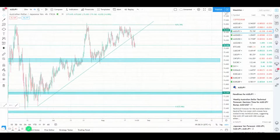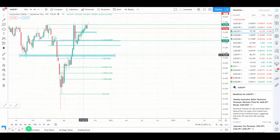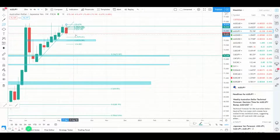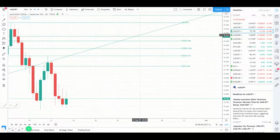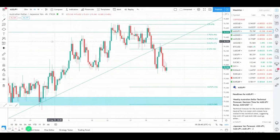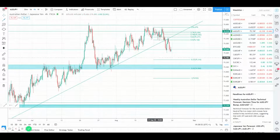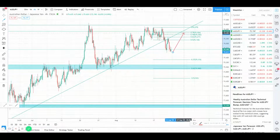So what are we looking to do on this pair is quite simply, again, on the last weekly candle, we're going to mark our fibs from the high to the low. Why do we do this? Because if price breaks above our fibs of this week, then we could be looking at a bullish weekly close, whereas we're looking for a bearish scenario to take place. So we may have it come up to retest here, which is obviously